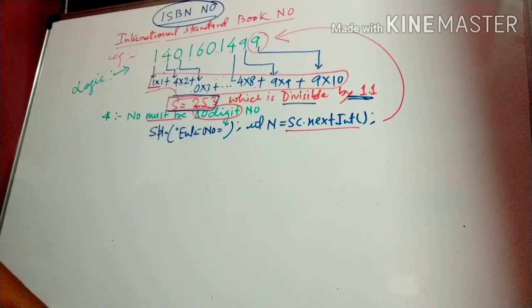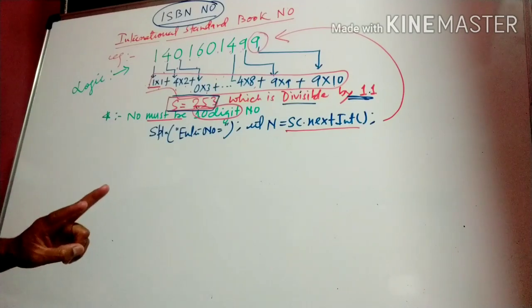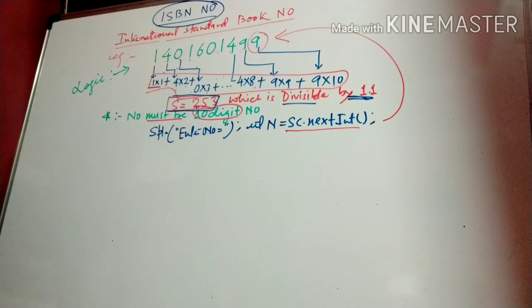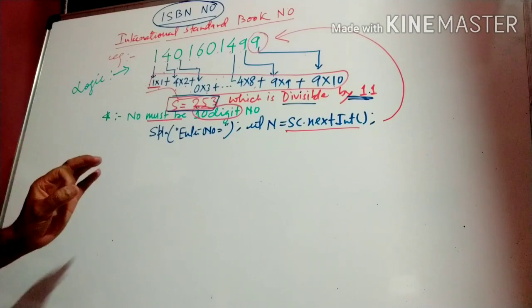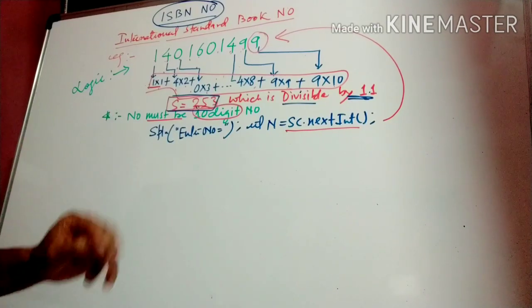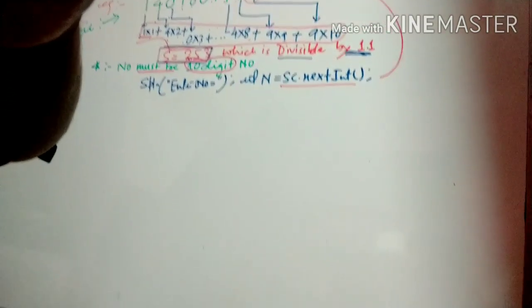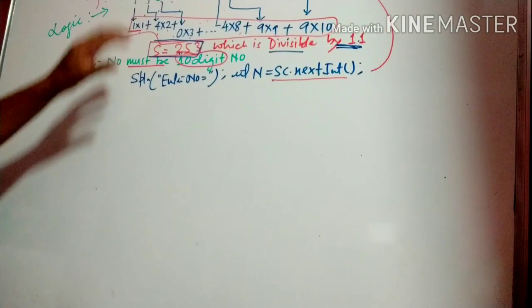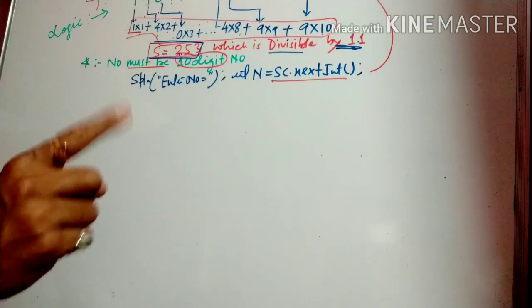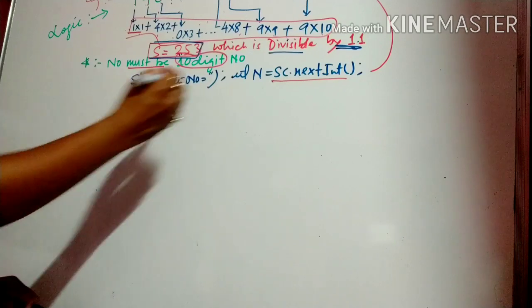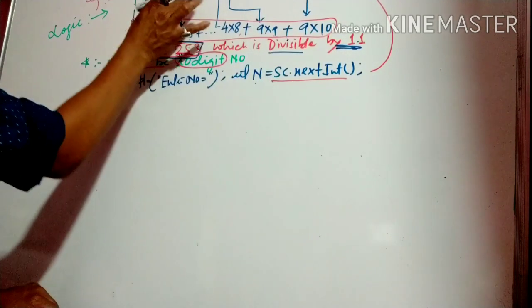Children, I will explain two methods to extract these things. I am going to explain two methods for the logic of this program. Number one, this is a number, we input sc.nextInt. Suppose this is a number.